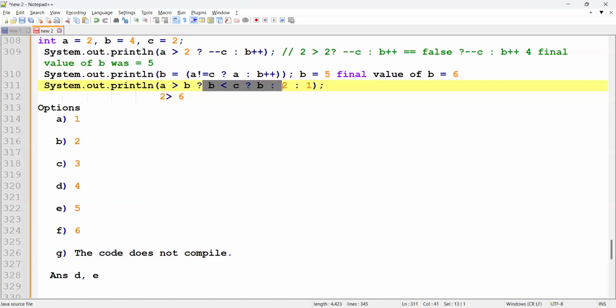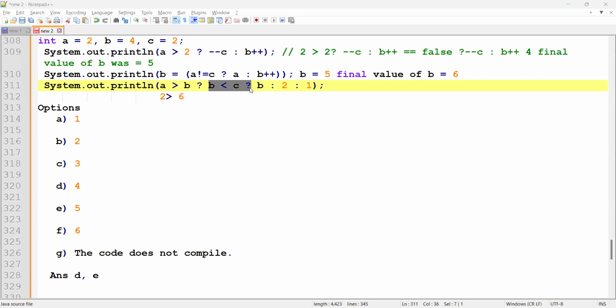So this is the nested ternary operator. Since this condition is false, they will come here. So how will it execute? If you have a nested ternary operator, first start from the inner part and then come to the outer part, or you can do one thing, in the case of this example, you can start checking this condition